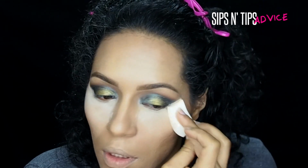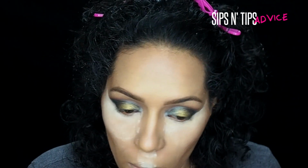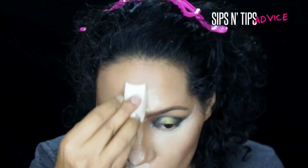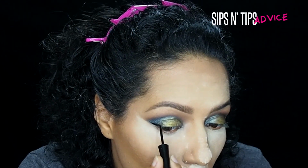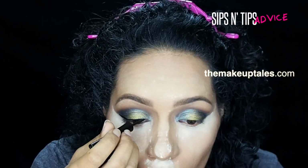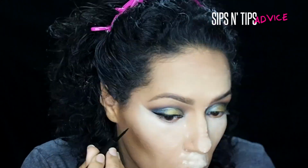I'm just making sure to stop this by the side of my nostril and just setting it out that way, but don't go all the way out to your hairline. There. And this is not a daytime look, not with this type of heavy powder. And then I'm going to be using this waterproof liquid eyeliner from Black Radiance. Now, I found out about this through this Nigerian beauty blogger and makeup artist that I follow. And initially, I want to say it's weird trying to work with this product or this brush in general, because